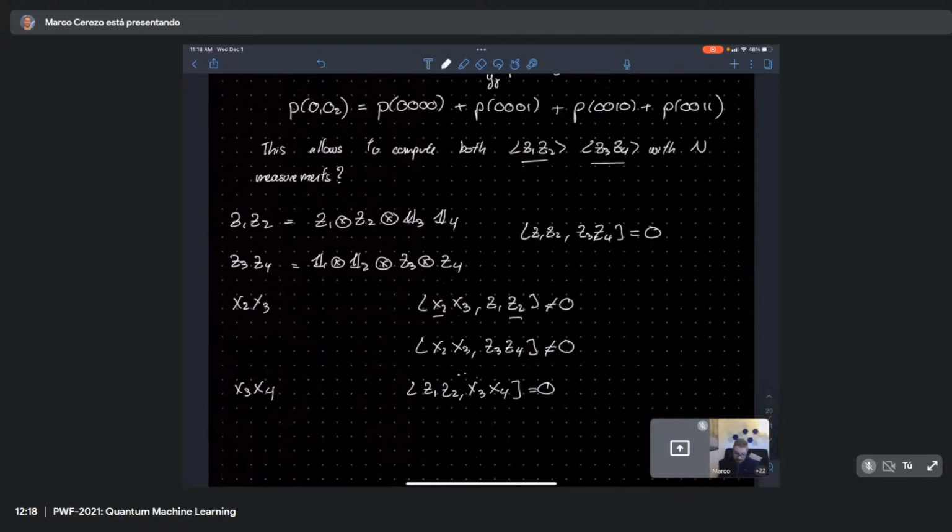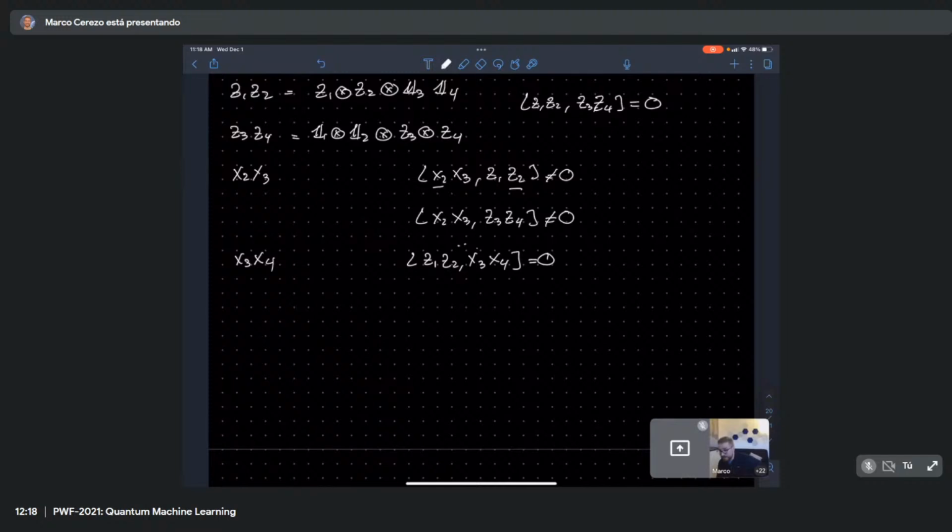We are, at the end of the day, imagine that you have n qubits, right? If we have n qubits and we just wanted to estimate a bunch of 2 local terms, we have a bunch of measurement outcomes, and each one of them has an uncertainty of 1 over square root of n. So if I say, okay, I want to estimate Z1, Z2 as a summation of weighted probabilities,